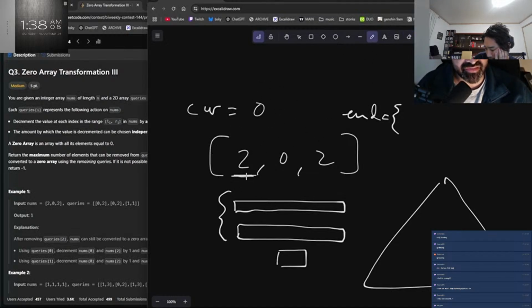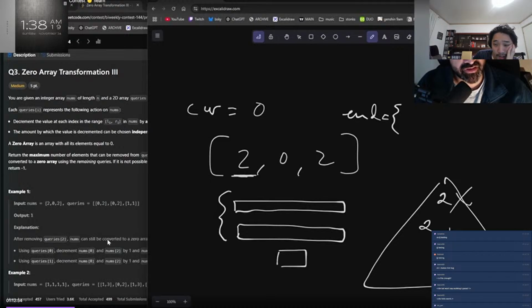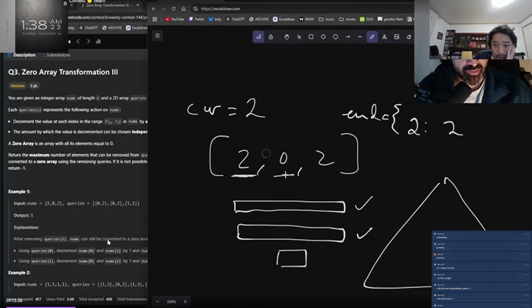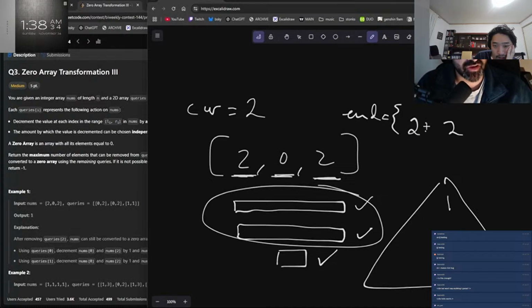Now at index 0, we keep a max heap of the endpoints, which are 2 and 2. If our discrepancy is 2, we need to pop off 2 elements from the heap. So we take this 2 over here. When we take intervals, nums[i] is 0. Once we're at the 3rd index, our current is 2 and our nums[i] is 2, so we don't need any additional intervals. We've taken these 2. At the very end, because our end is 2 at index 2, we have 2 intervals ending, so we have to decrease current by 2.